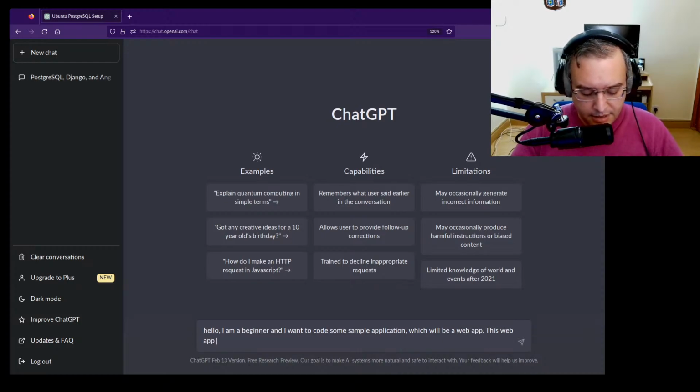This web app will be similar. No, let's do the comparison. So we'll do only one thing. The thing is, users can post messages in a main board. There is only a single page